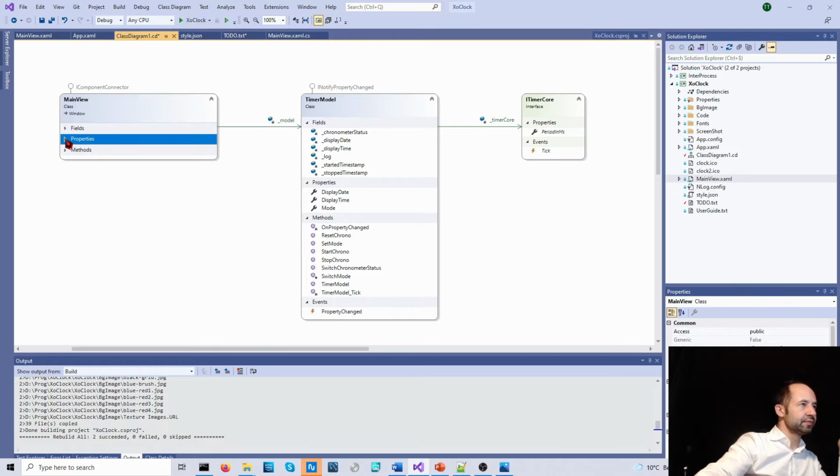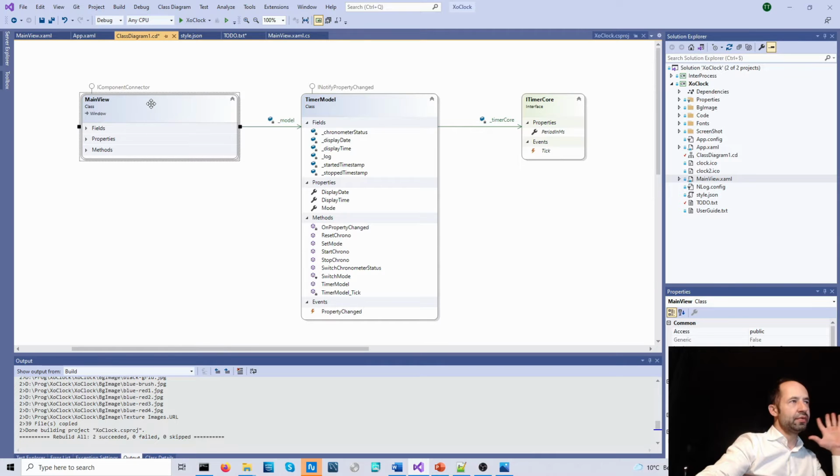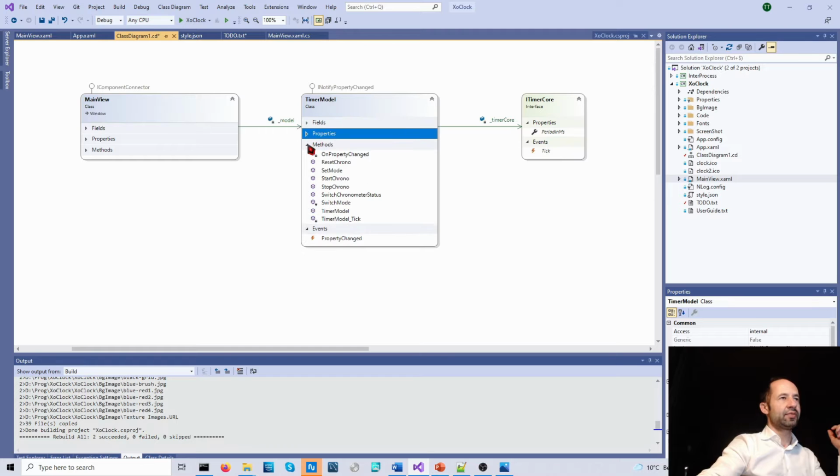So the view should have no logic, no business logic. It has a reference to a timer model. So let's collapse all the things.